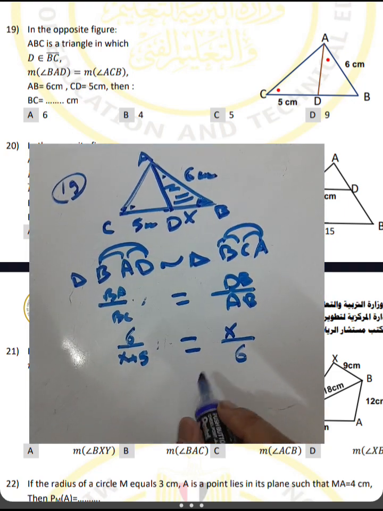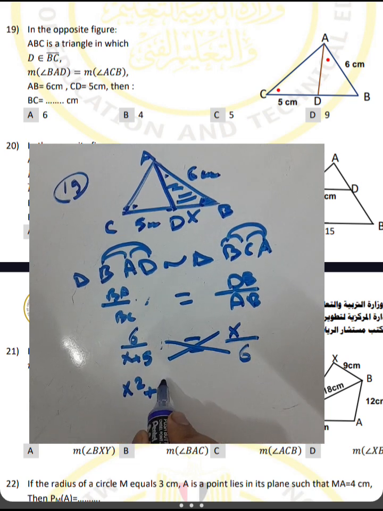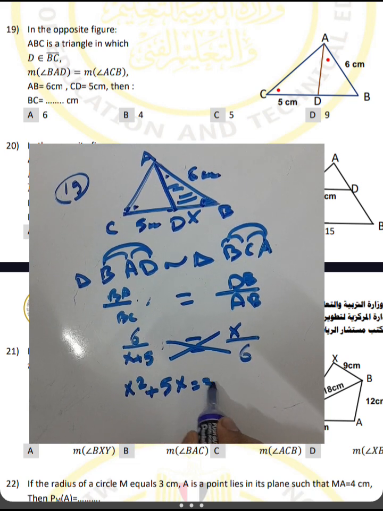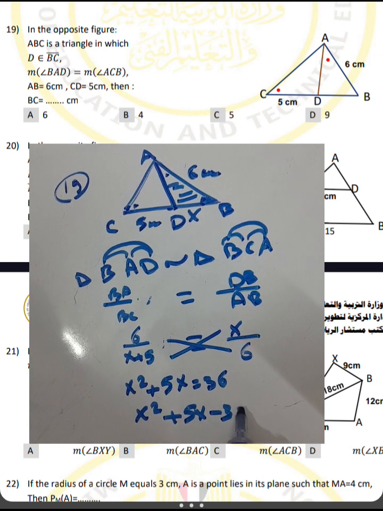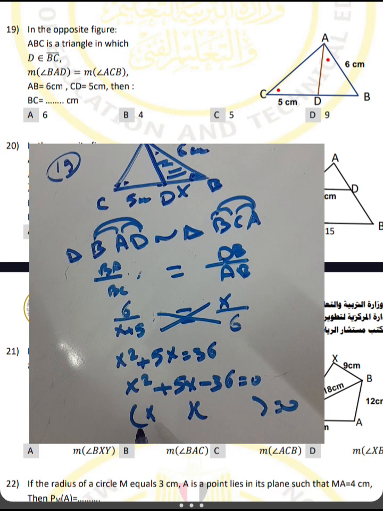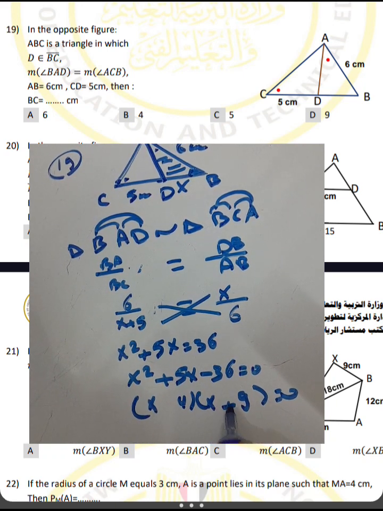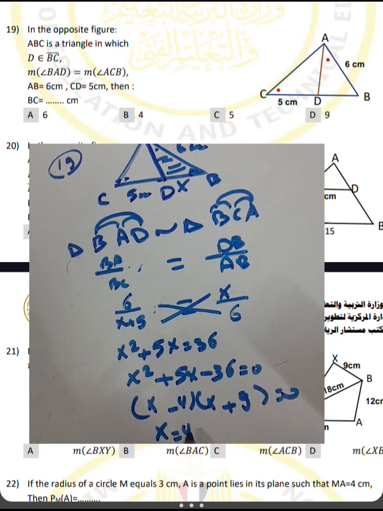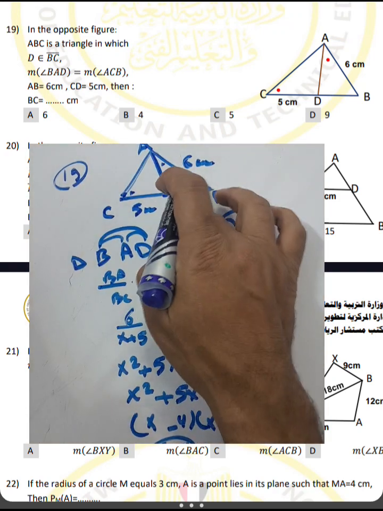Then product of extremes equals product of means. x times x will be x squared, x times 5 is 5x, 6 times 6 is 36, and you can write x squared plus 5x minus 36 equals 0. Factorize it. x times x equals x squared, and 4 times 9 equals 36. Here 4 positive and here 9 negative. The value x equals 4 and x equals negative 9, which is false. Then x here will be 4. Then the side length here about DB will be